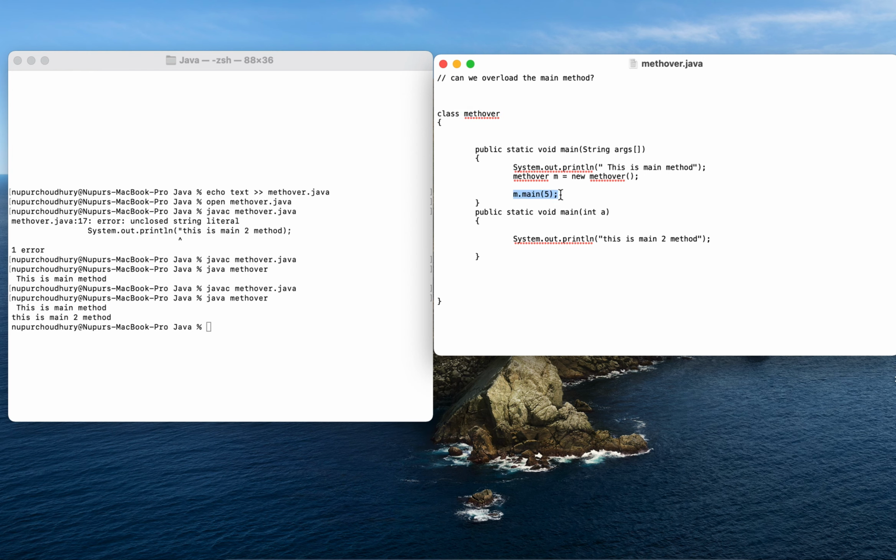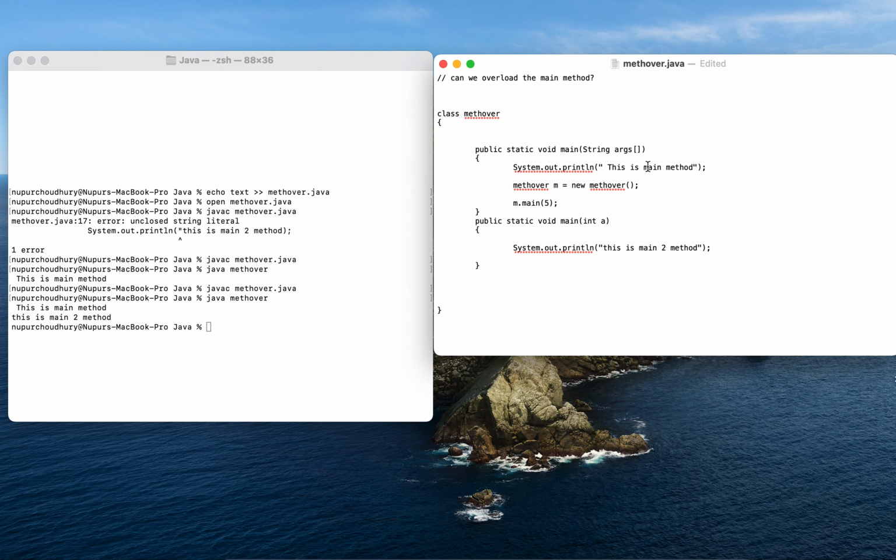Now one thing we have to keep in mind is that we can definitely have any number of main methods in the class by method overloading. That means we can also overload the main method, but since JVM always calls the main method which receives the string array as arguments only, that is why the first main method is basically printed. Okay, so this is entirely on the JVM. So whichever main method consists of this string array as arguments, that will be called first.